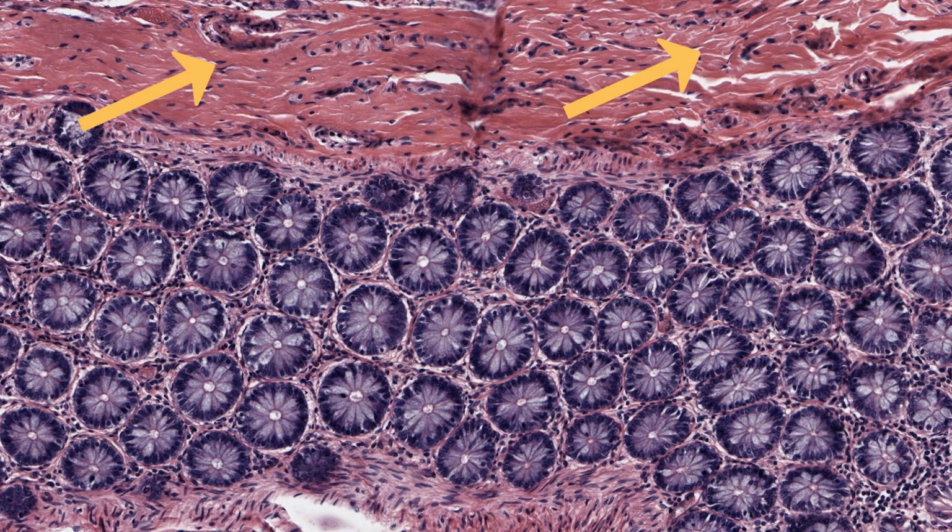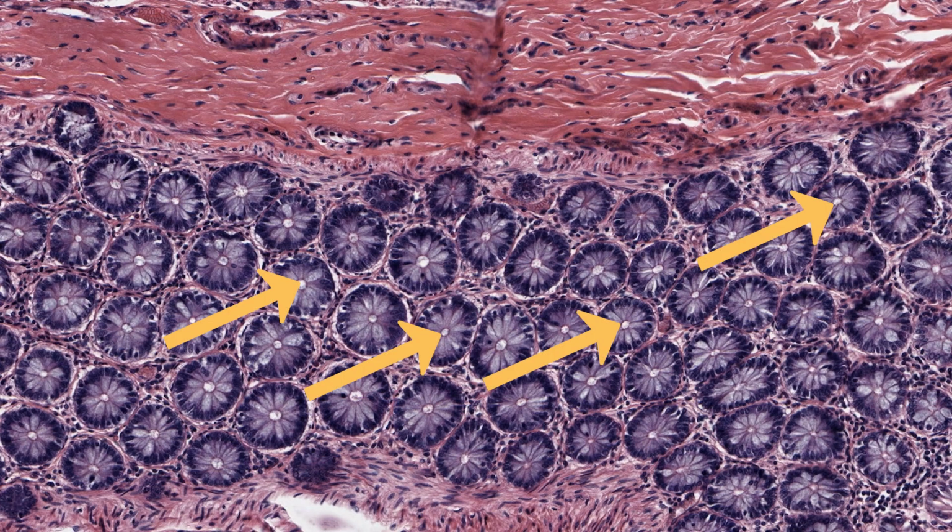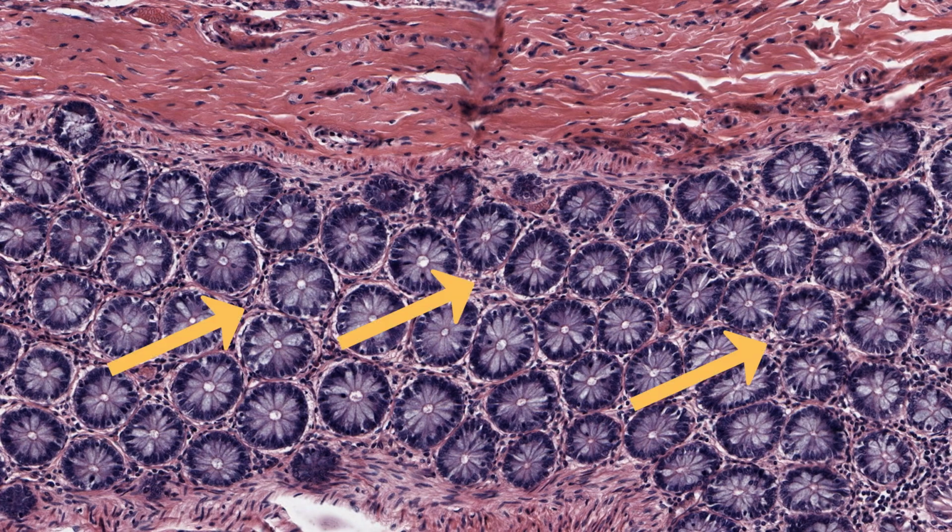Transverse sections let you see that the glands are round in cross-section, have a small lumen, are surrounded by a loose cellular connective tissue, the lamina propria, and they're abundant